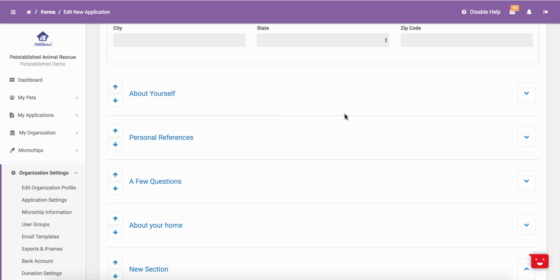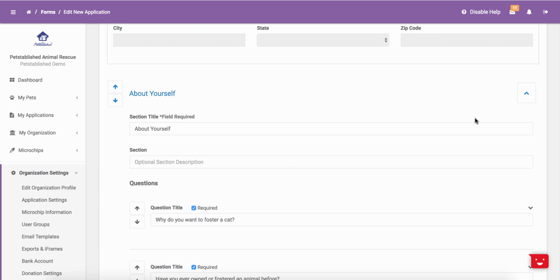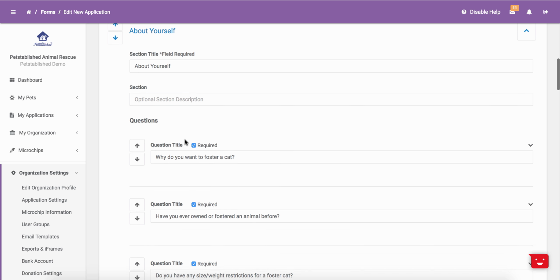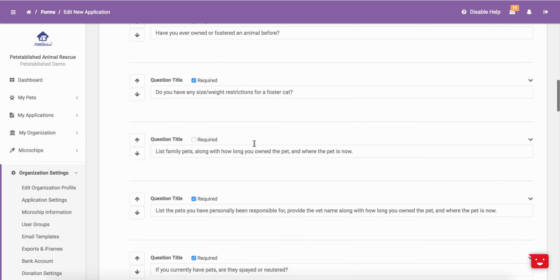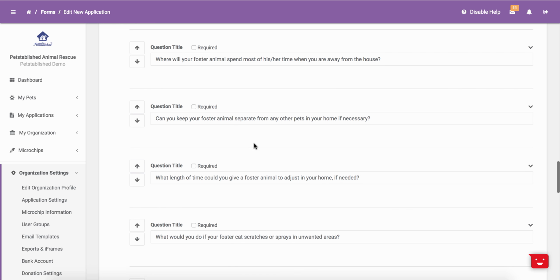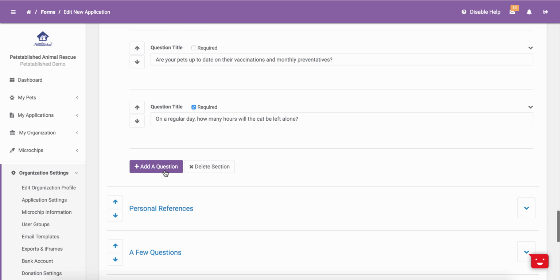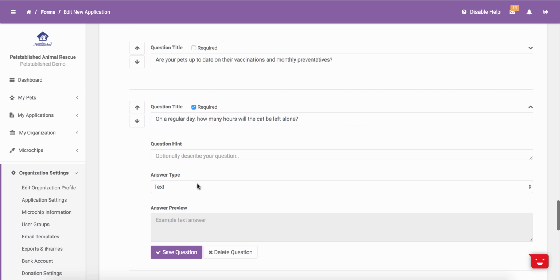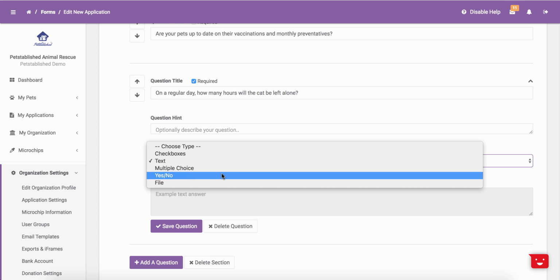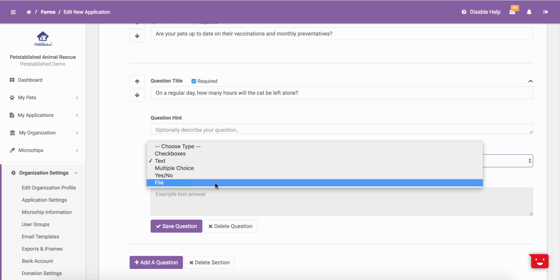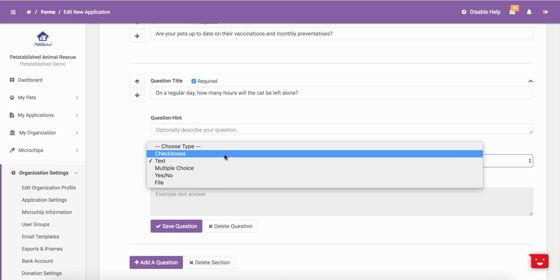Once you are editing an application, you are able to edit and move around every section and every question within each section. You are also able to edit each question and each section, and you can even add new questions and sections as you like. You will notice that each question has 5 different answer choices. There is text box, multiple choice, yes/no, allow them to upload a file, or checkboxes, which is check all